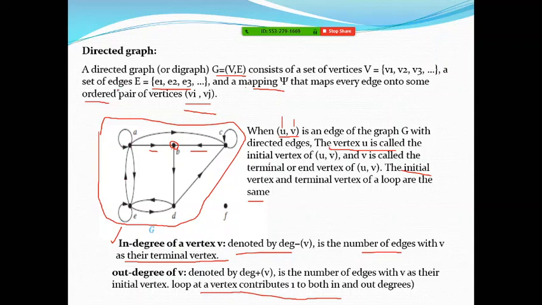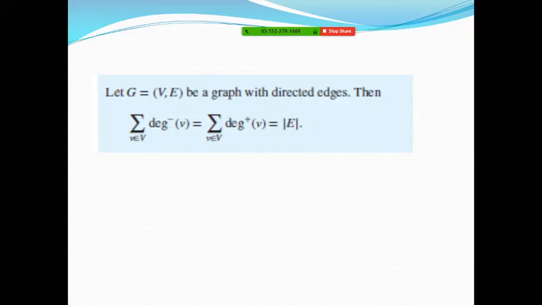So you can say in degree and out degree are parallel to the degree of a vertex. Another result which is parallel to the undirected graph is the handshaking theorem. Sum of degrees of